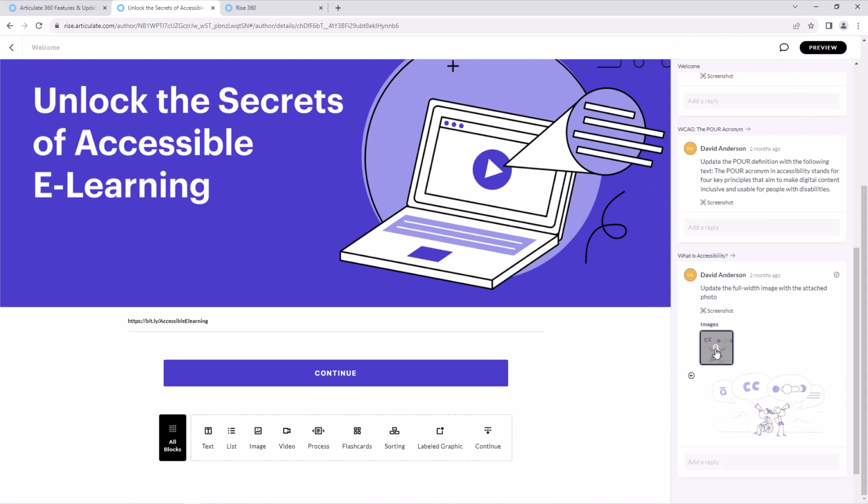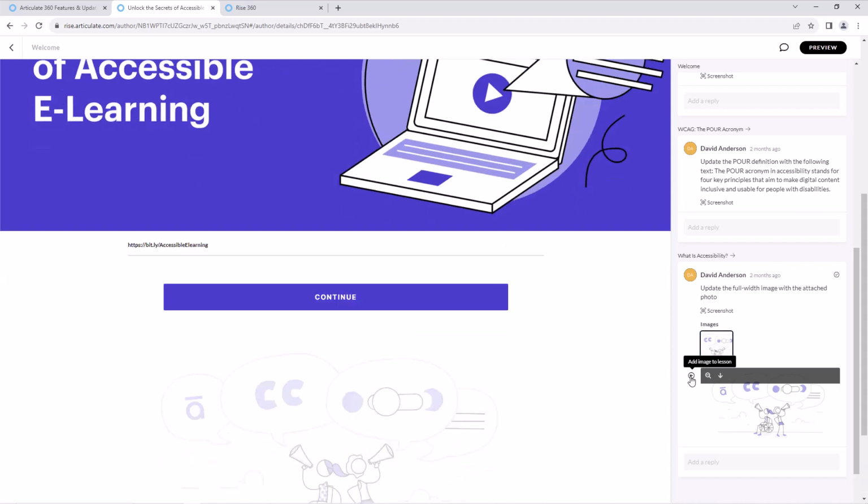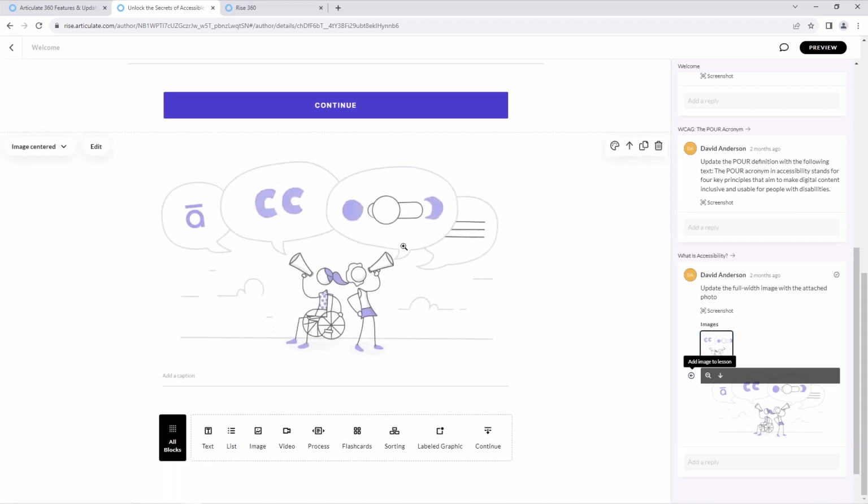And notice that when I do this, I get this little arrow off to the side. I can automatically add the arrow. I don't want the arrow, I want the image. I can add the image immediately as an image block. So your customers, your collaborators, your reviewers, your content experts, anyone reviewing the course, if they have a better image suggestion, a better idea for a graphic, maybe a graphic or image that they use in their own training, or maybe it is a legal image, they can upload that image, and you can quickly pop that directly into Rise, into a lesson block.